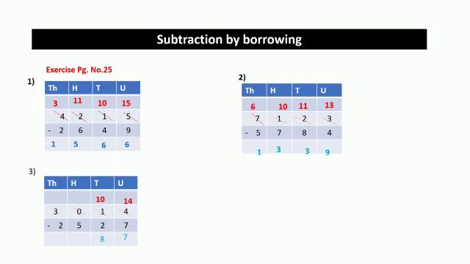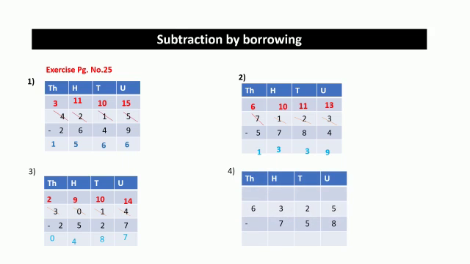In hundreds place also, subtraction is not possible, so we have to borrow it from thousands place. That is, we have to borrow one number from number 3. After borrowing one number from number 3, in hundreds place, 0 will become 9. 9 minus 5 is 4. And in thousands place, since we have given one number to hundreds place, 3 will become 2. 2 minus 2 is 0. Fourth one, 6325 minus 758. 5 minus 8, subtraction is not possible.